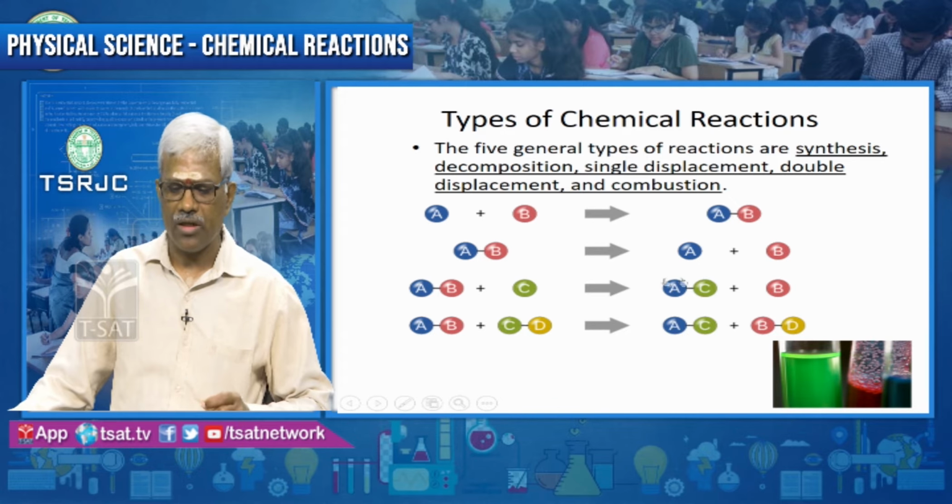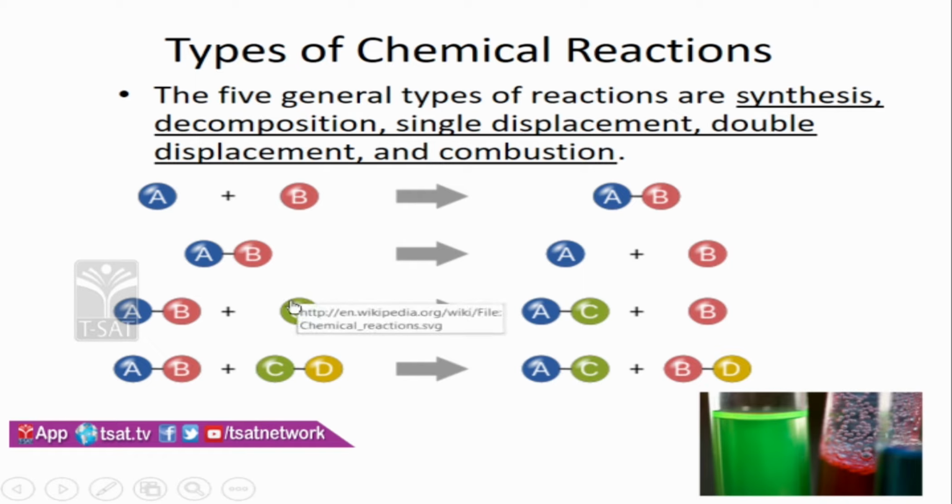Now, let us see the third type. It is displacement reaction. Why it is called displacement? One of the part of this molecule, AB is considered as a molecule, one part may be A or B, that is displaced from the molecule. Who are displacing it? The C, another atom or another molecule that is displacing one part of the molecule. So, C displaces B, B is separated and C replaced B and combined with A. This is called single displacement.